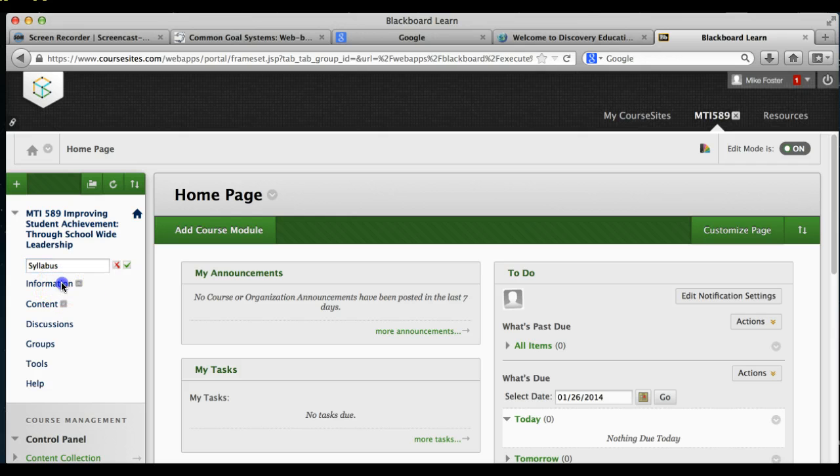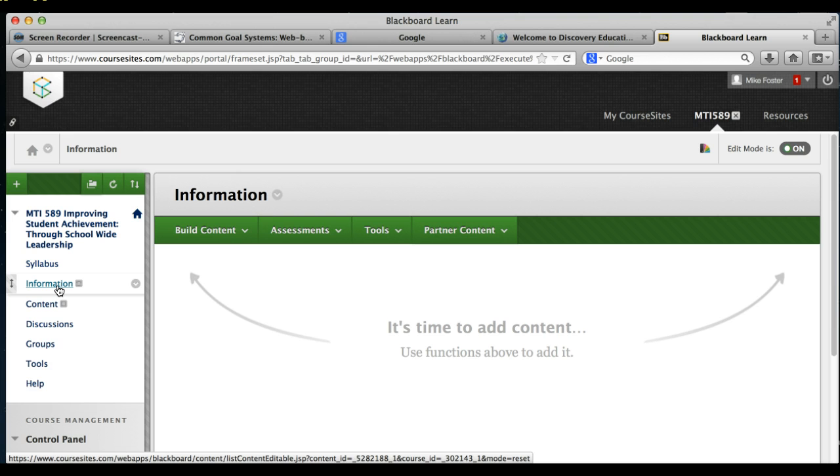You click on it. Watch. You just click on here, like I type syllabus, and then once you're good, you click the arrow, and it'll say now changes the syllabus. You come down to information. I don't really think you want information. Here's information. You could leave information. I mean, some teachers do, but I want to make sure that we are all on the same page. So it's not going to be information. So what I want to do is I'm going to run you over to my course site,